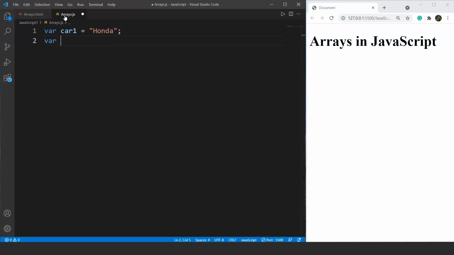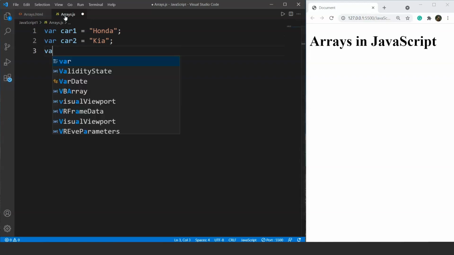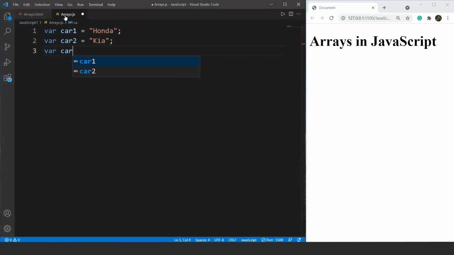Then we have another variable, car2, and the value of car2 will be Kia. And finally we have a variable car3, and the value of car3 will be Ford. So here we have taken three different car manufacturers: Honda, Kia, and Ford, in three different variables, right?